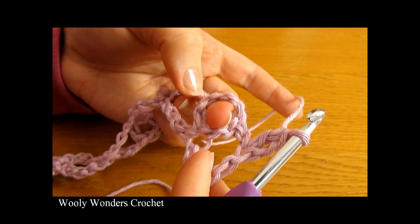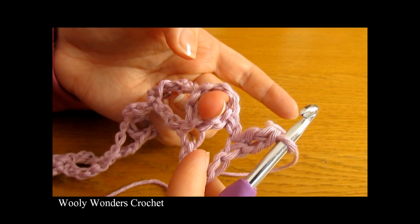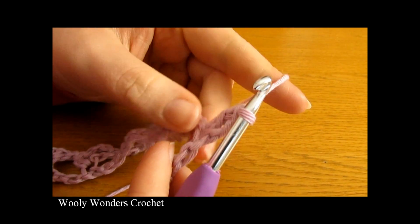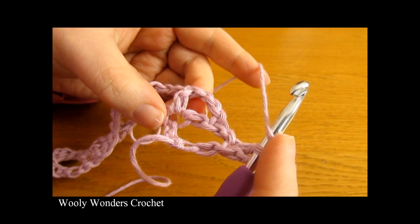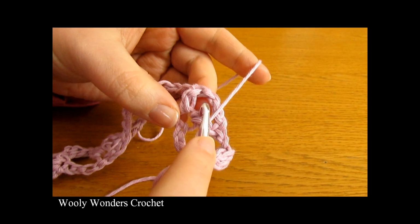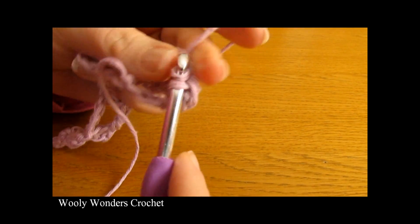And now you want to move on to the very first V, so this V here, and we're going to go in the middle of this V, so into the chain 3 space, and we're going to do 7 double crochets. So yarn over and go into the middle of this first V and do 1 double crochet,